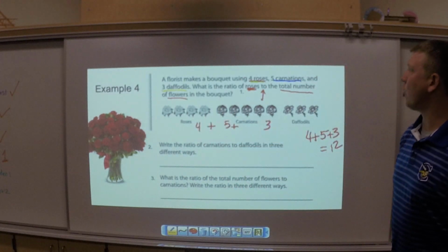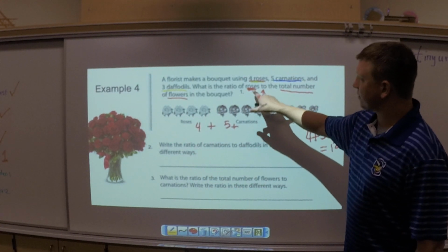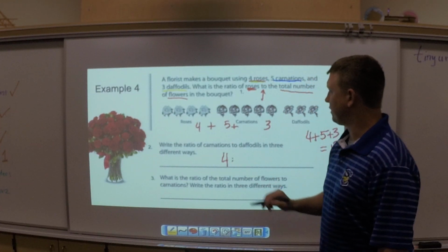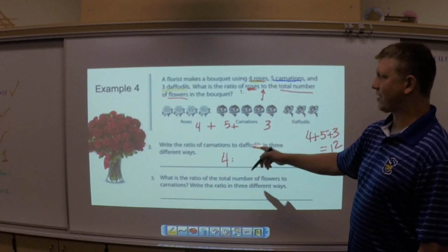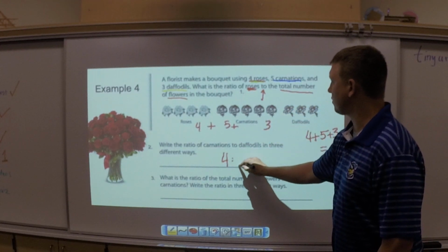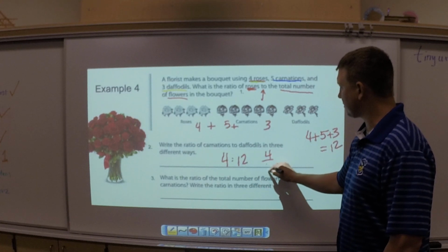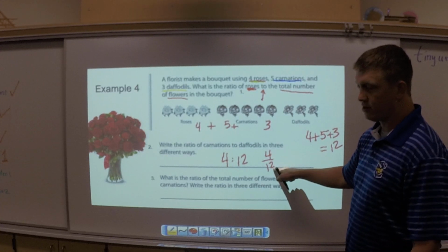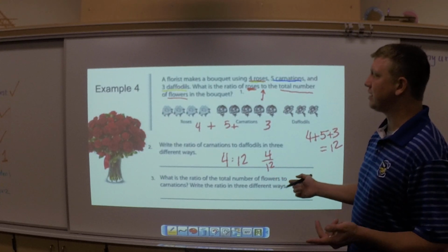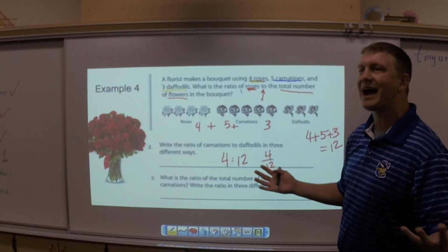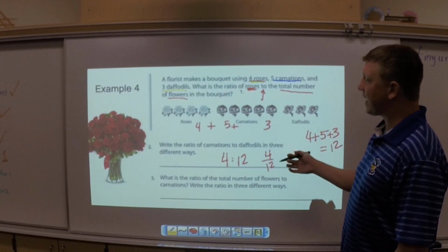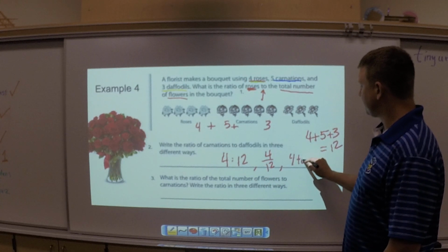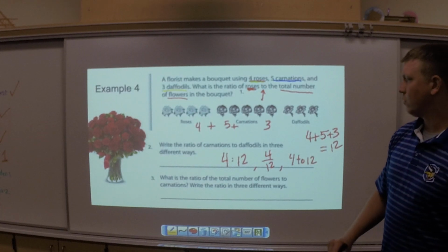All right, that's total flowers. And what's my ratio I'm looking for? Roses to the total. 4 roses, there's my colon, to the total, which is 12. Or I could write it like this, 4 to 12. Could reduce it, and it would be 1/3, 1 over 3. You could reduce it, which just would mean that there's 1 rose for every 3 flowers overall. And that could be true. Or you could say it like this, 4 to 12. What is the total number